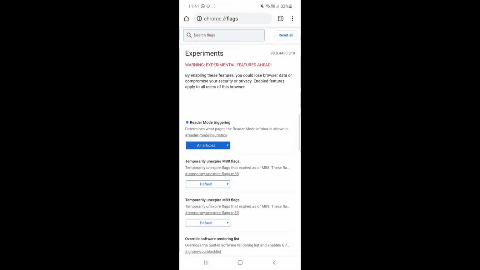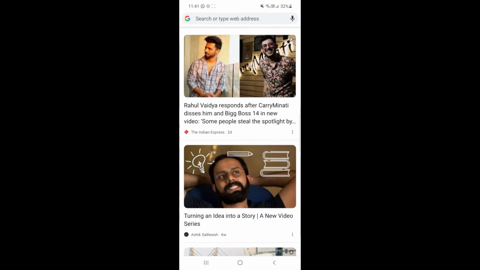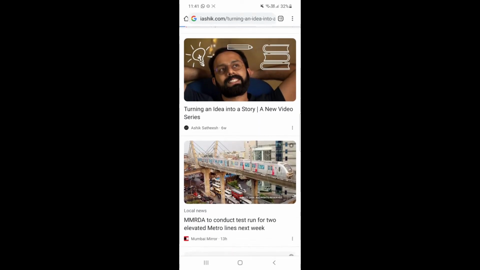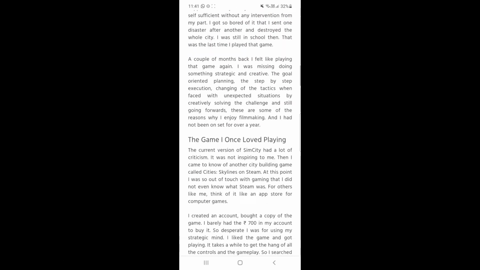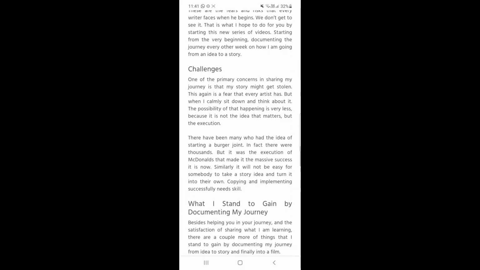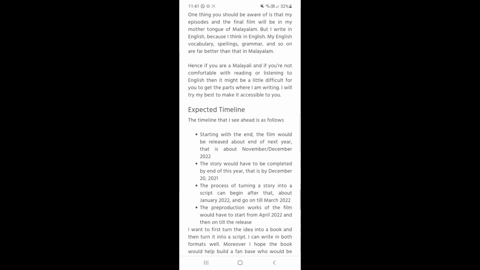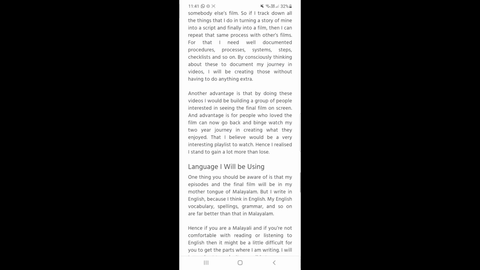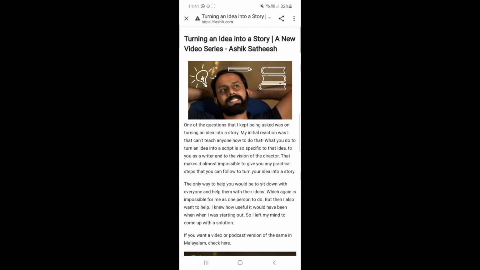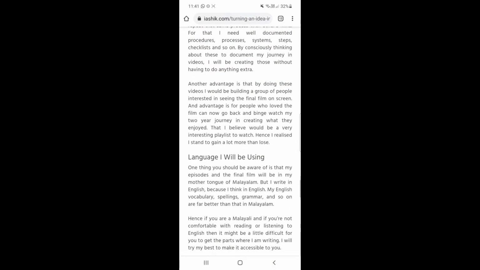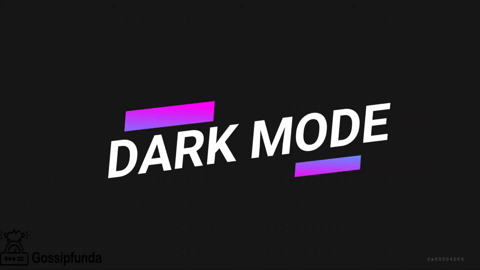So after relaunching it, you can view some of the news from Google. So I am opening one of the news and checking whether it is working or not. So it is working and it is working smoothly. So you can see that it has been changed into a reading mode, and it is showing a simplified view, and you can click that, and it is the normal browser, and it has changed into a reader mode.